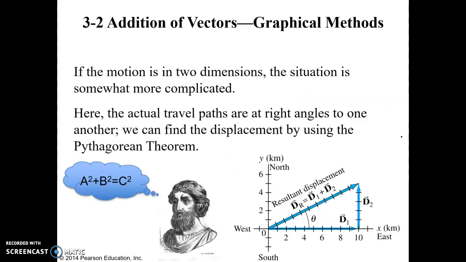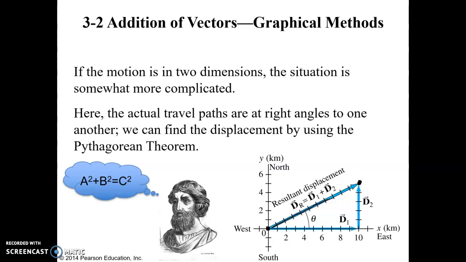What is not so simple is when the vectors are not collinear. If we look at this example down here, we have two vectors d1 and d2. d1 is horizontal, d2 is vertical, so they're actually perpendicular to each other. But the idea is still the same. If we want to add them together, essentially what we're saying is, okay, if we start here at the starting point of the first one, and we end here at the ending point of the last one, and instead of following that path all the way to the right and up, if we just go directly from the starting to ending point